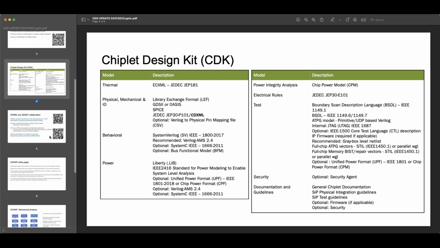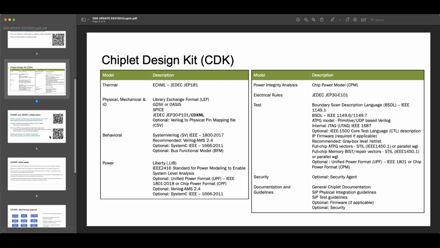Yeah, Suresh. So generally, lots of technology and bits and pieces in a very heterogeneous manner do exist. So the intention here was to create a checklist and create a standard for the design kit. Thinking from the point of view of a marketplace, that if people were to sell chiplets, they should be providing at least these models, it could be just a collection of data under one heading.